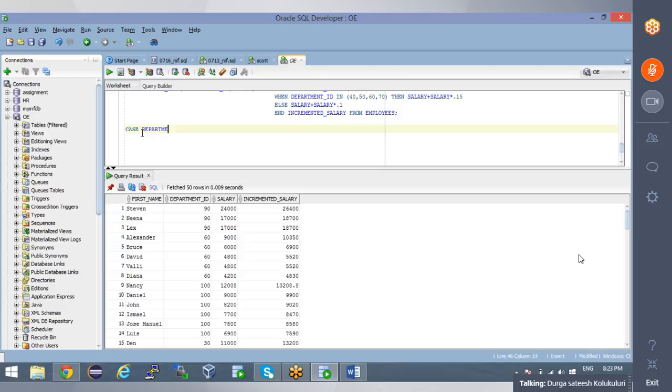Case department_ID, when 10, then your salary plus, yes, you have to go with all the departments, right? When 20, then the same thing. Making sense? When 30, then when 40, then